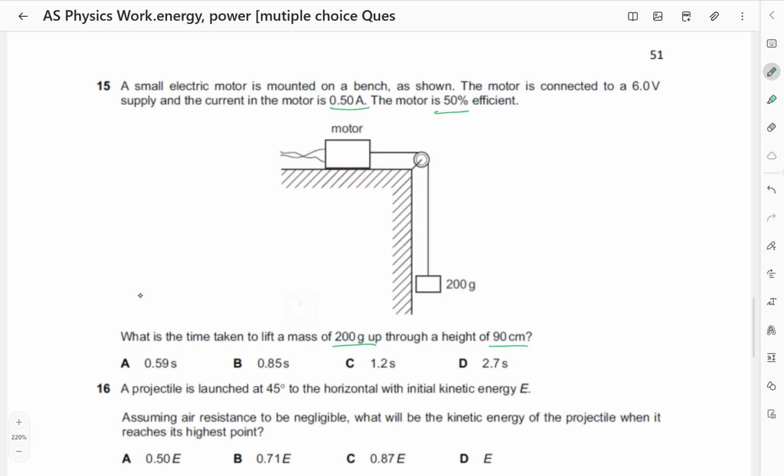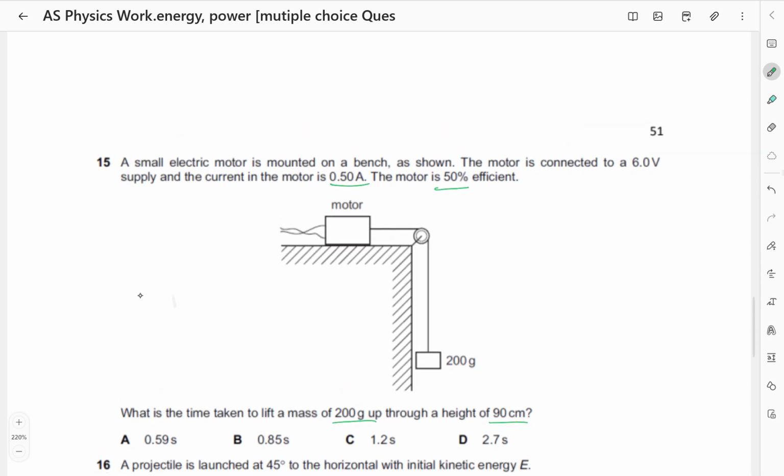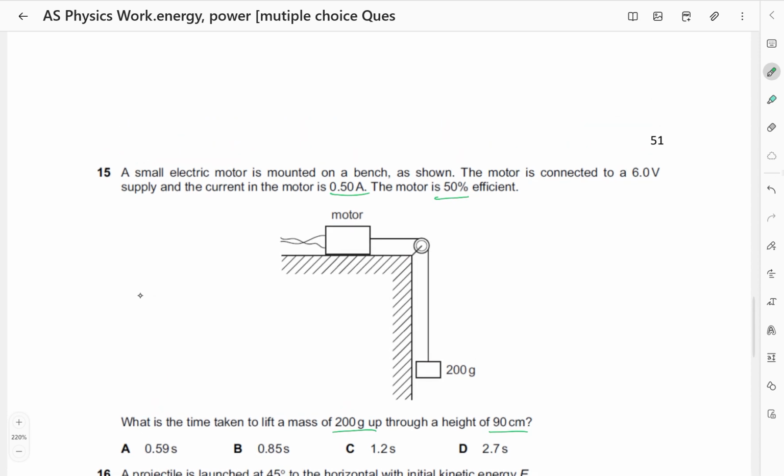So we are looking for time. They gave us an efficiency of 50%, and we know that efficiency is equal to the power output divided by the power input. The efficiency is 0.50. The power output is